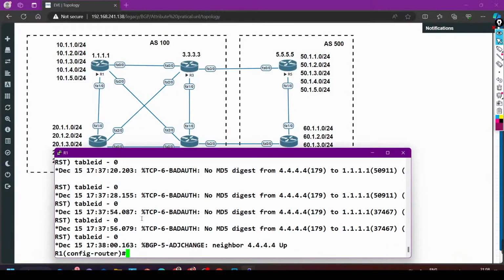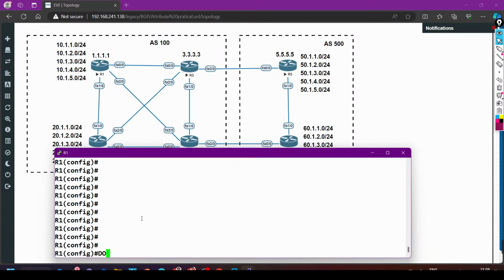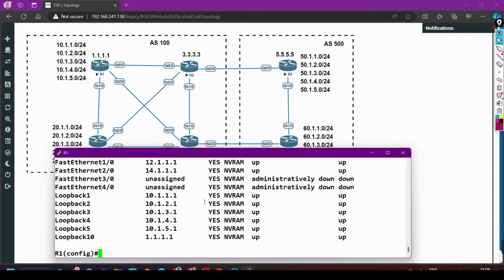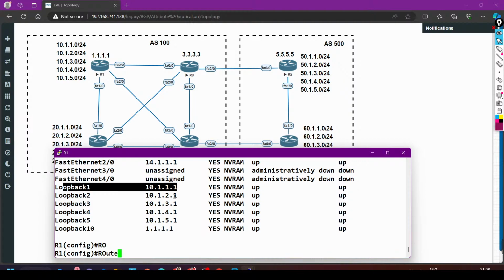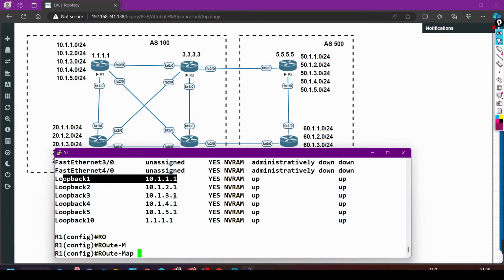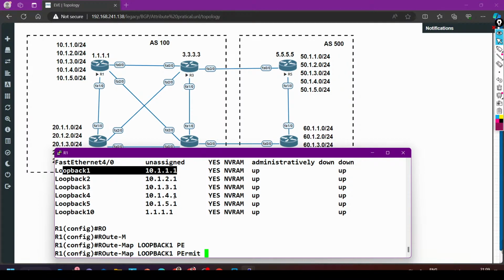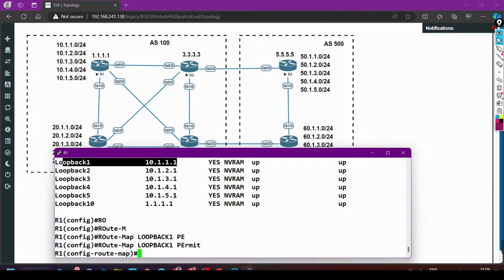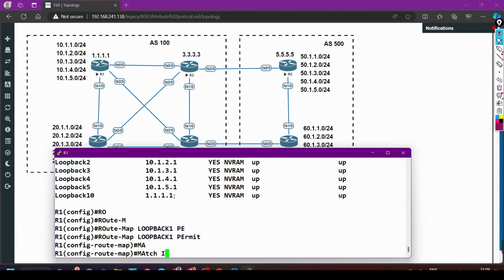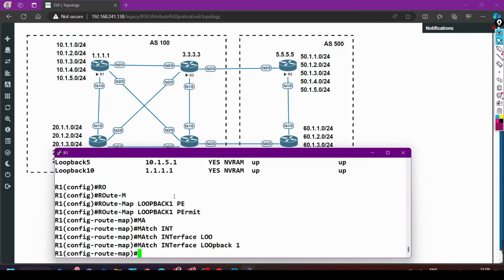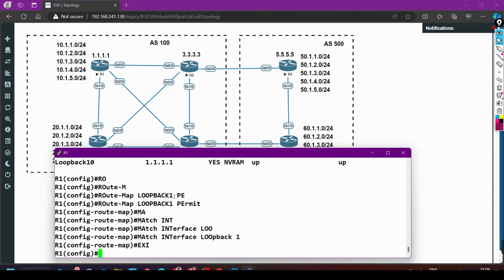Like on router number 1, if I want to advertise, do show ip interface brief | exclude unassigned. See, I want to advertise, let's say, only this network in BGP. So what I can do, I can create one route map here, and the name of the route map is, let's say, loopback 1, permit, and here I will say match interface loopback 1, and after that go to router BGP